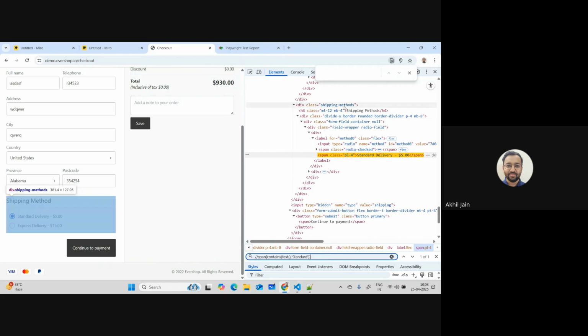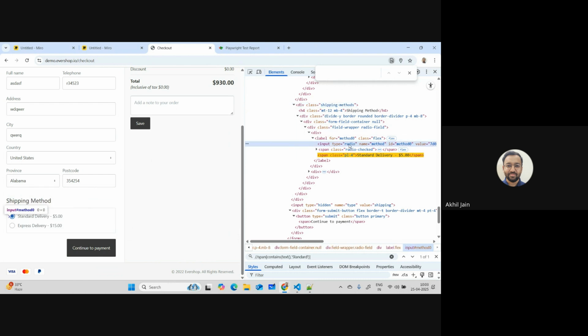What you should do is find something which is unique to this section, which is what? This div tag, which has a class called shipping methods. Within the shipping methods, you have an input tag, which is this, right? Radio button. And then you want to find the sibling of it, which is this one, right? So let us write an XPath which can help us achieve this. I'll start with the div tag